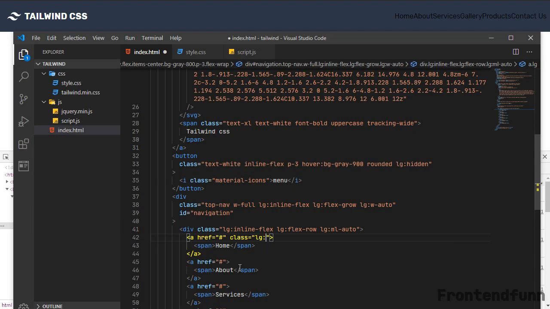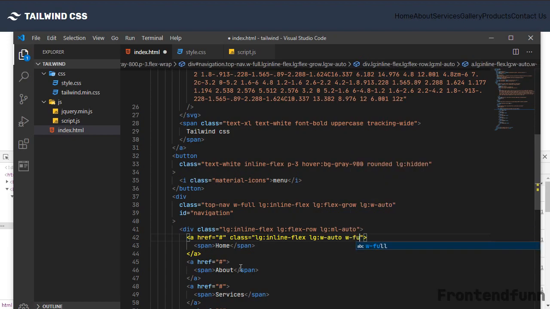So I'll just add lg:inline-flex. I'm going to display the anchor element as inline flex on the large screen devices, and lg:w-auto. So I'm just giving the width auto on the large screen devices here.